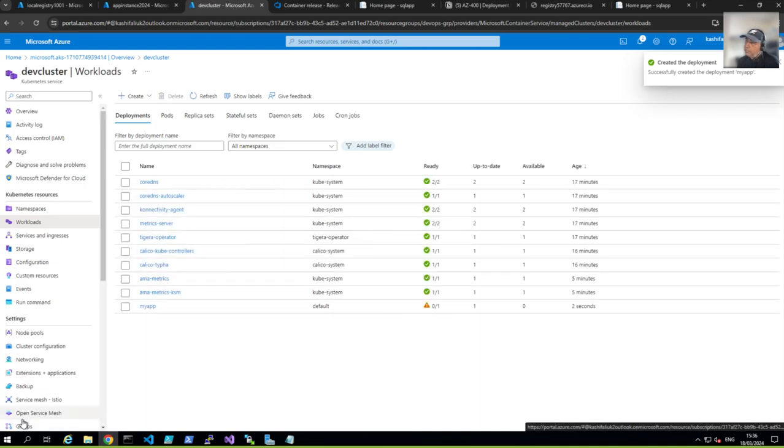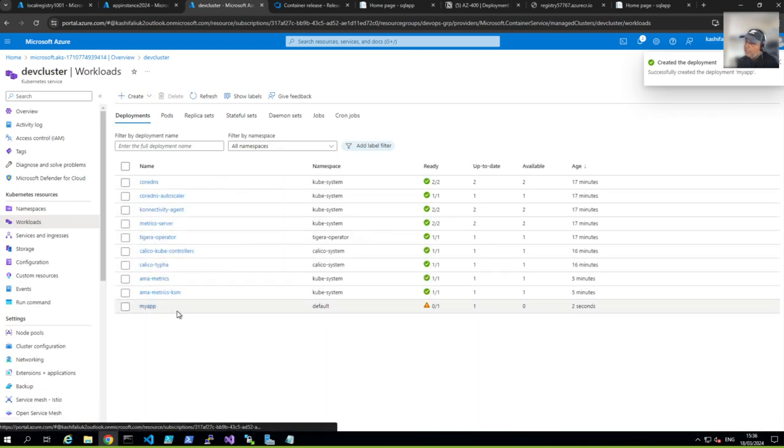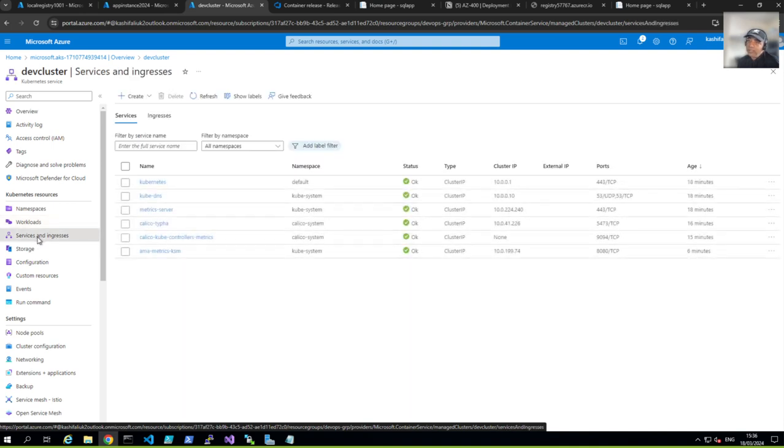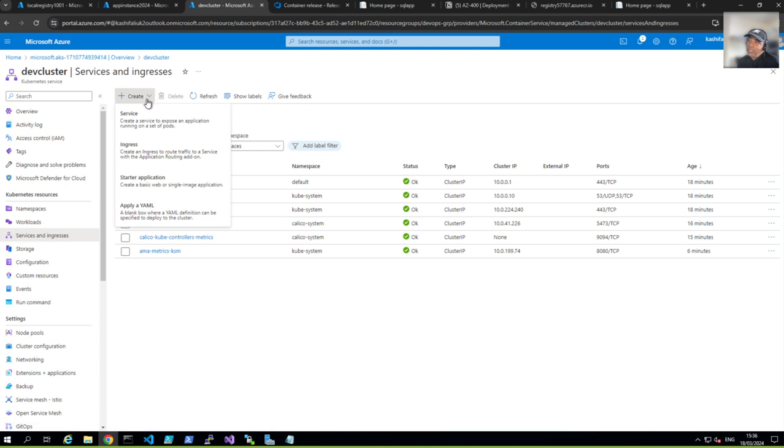It'll take some time to create. While this is happening, for our service, we go to service and ingress. These are all sorted, don't worry about it. So it's all working fine. If we create it, apply YAML one,